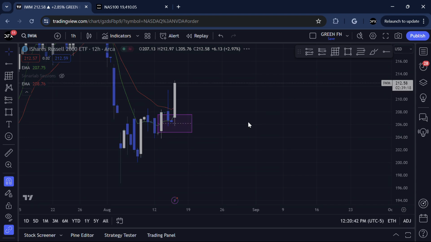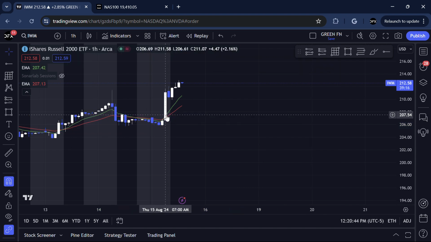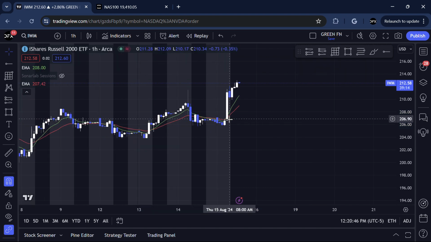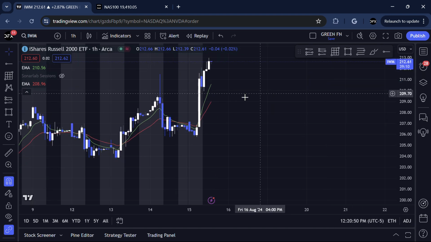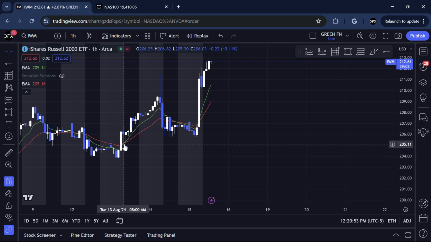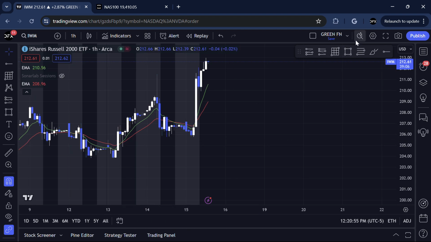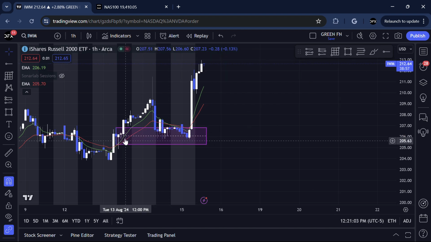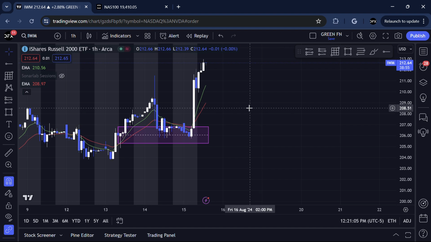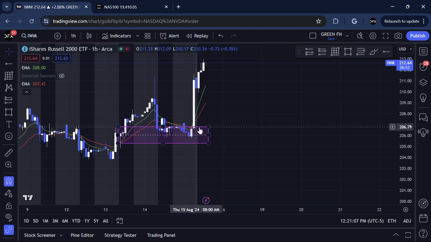So moving on to the 1-hour time frame, we had news at around 7 a.m. and then we're able to see all this stuff right here. So we have this imbalance that got filled, and then we're able to see that there's this order block right here. So obviously with an order block, it's kind of like the same thing as an imbalance or fair value gap. It likes to reject off of it. So that's exactly what happened during pre-market.